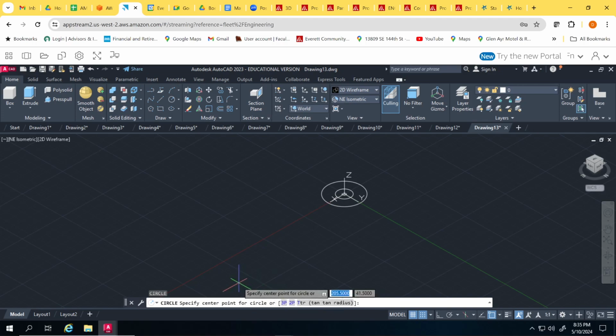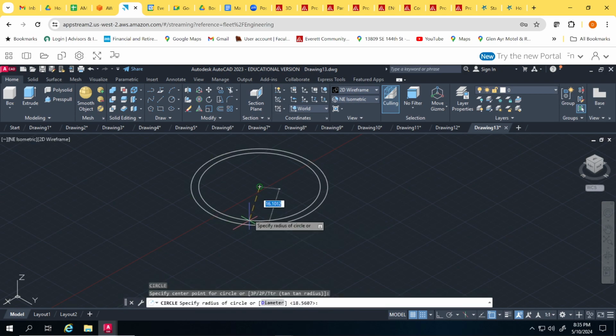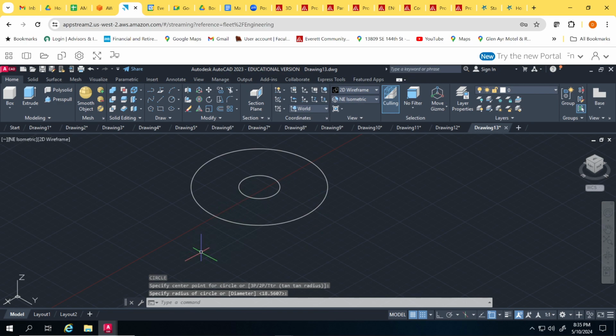We'll use the grid, and we'll just kind of line something up. Let's go right about here, and then come up to about here, zoom in on that, enter, and I want to do a center, and then come in a little bit tighter this one, and then we'll do another line,